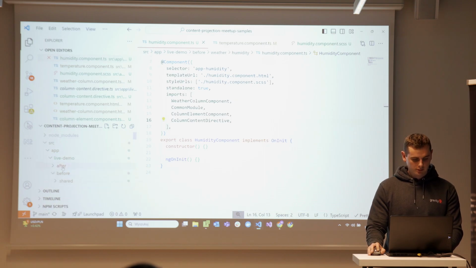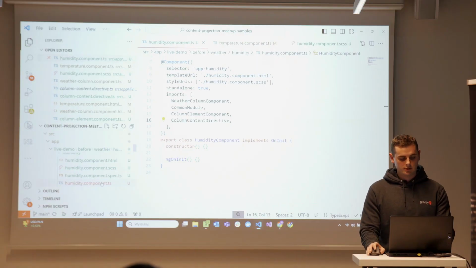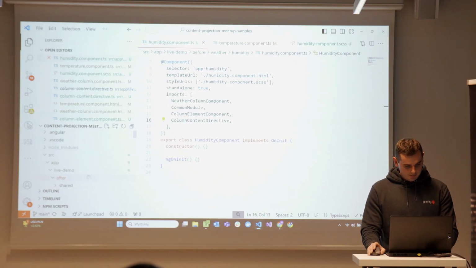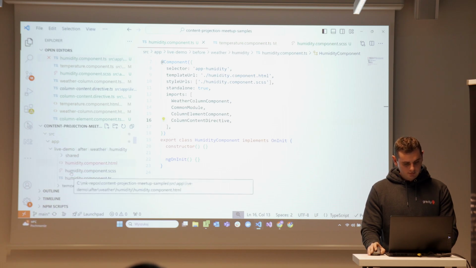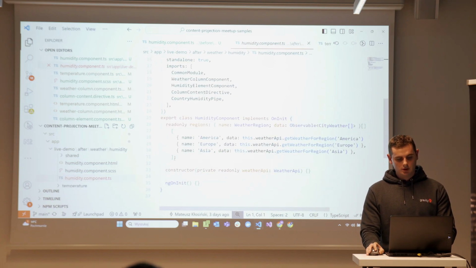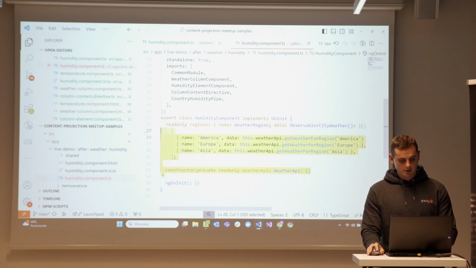And I will help myself a little bit to fetch the data and transform it to the correct format. So we will count the average humidity for each city that was displayed on the first screen, and we'll display it on the second one. Okay. We still want to fetch this data like in the